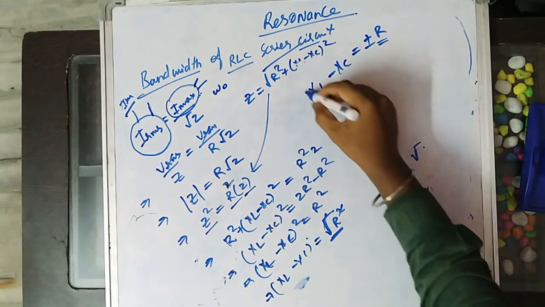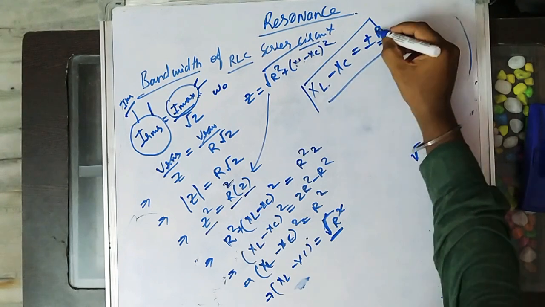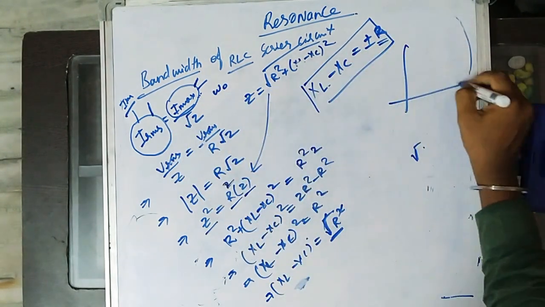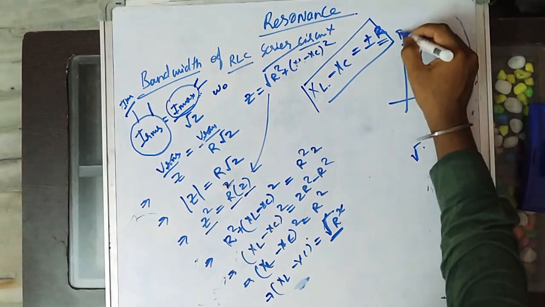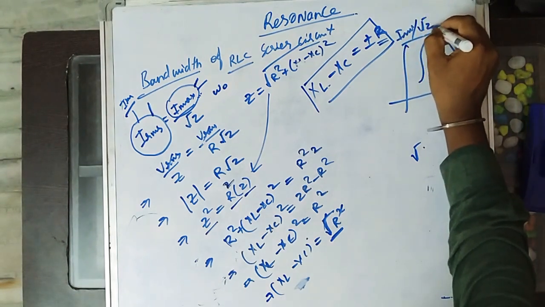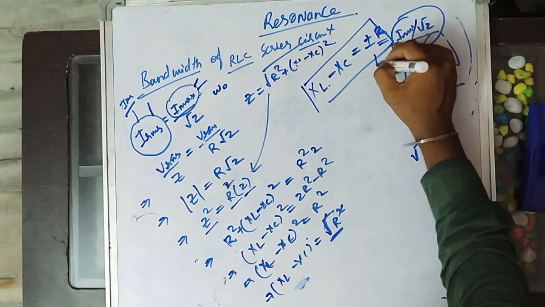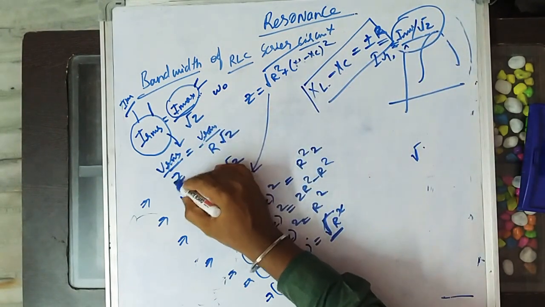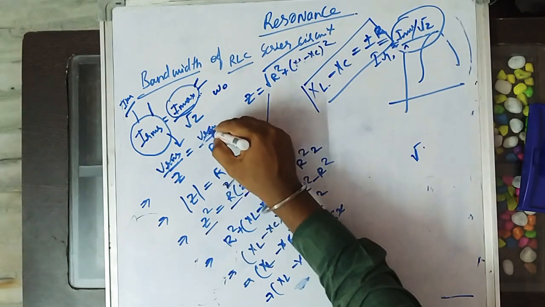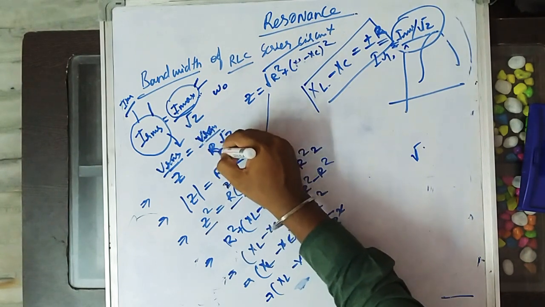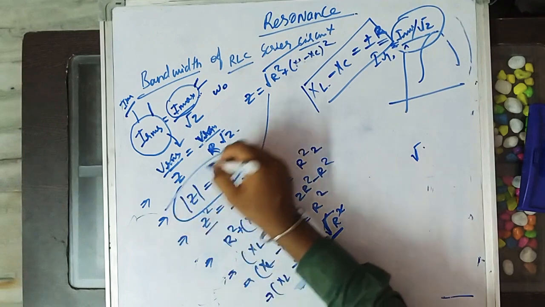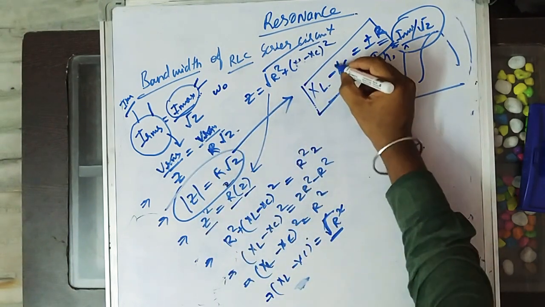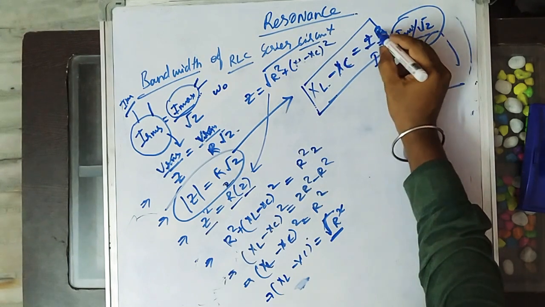So for finding this equation, what did we do? We took bandwidth Imax by root 2, equal to the IRMS value. In a general circuit we got VRMS by Z by Ohm's law. At resonance frequency we have VRMS by R. So I calculated this one. Finally by this we got the relation XL minus XC equal to plus or minus R.